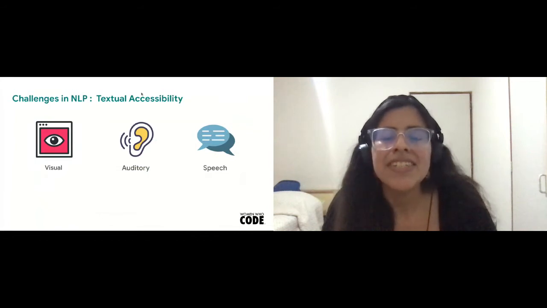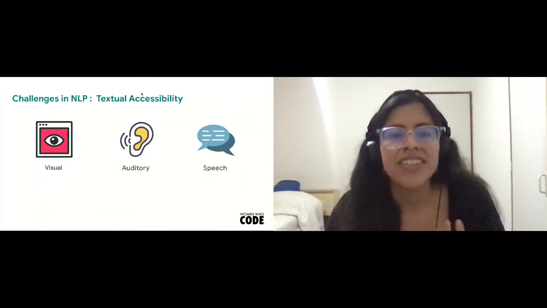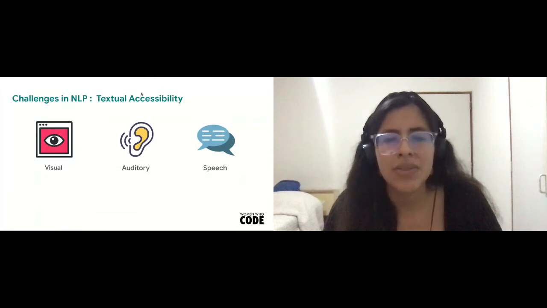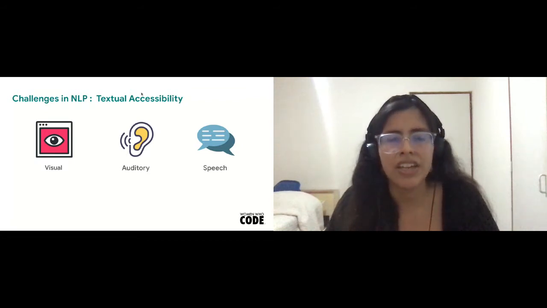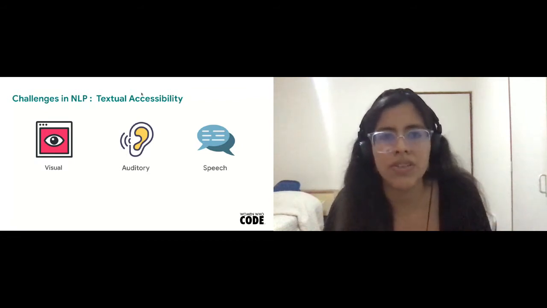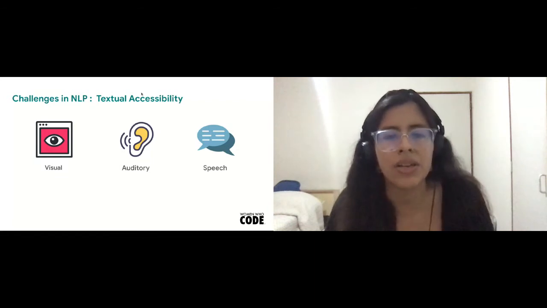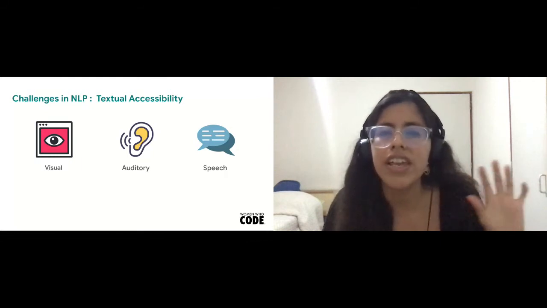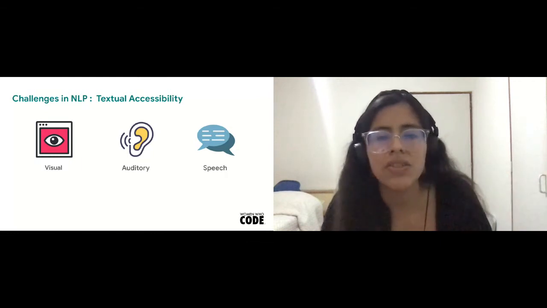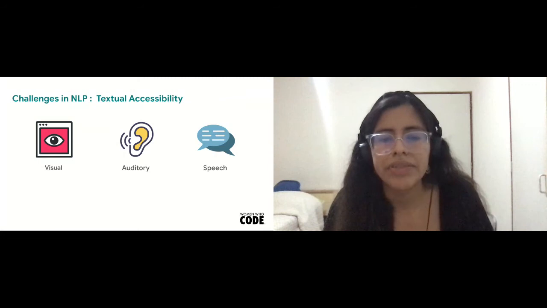So sometimes the challenge in NLP is textual accessibility. If you don't know the language, or you don't understand the language, probably you need to see the text visually, or sometimes listen to the text in your language, or need to translate audio to text or text to audio.